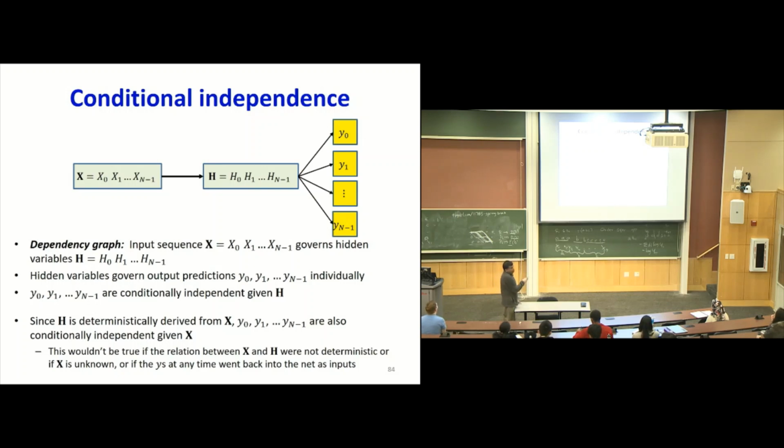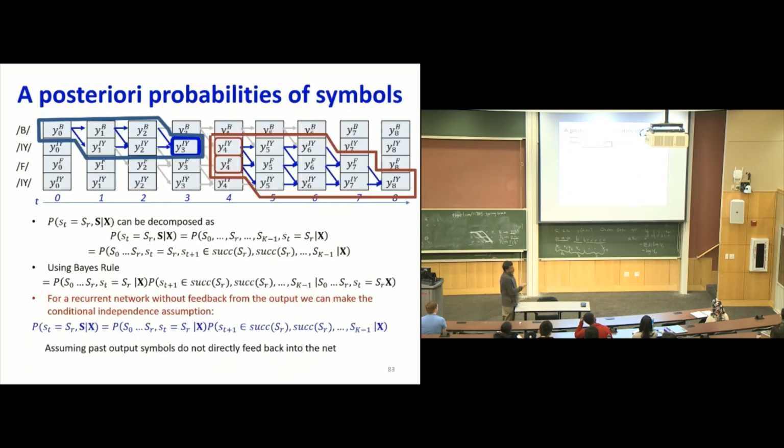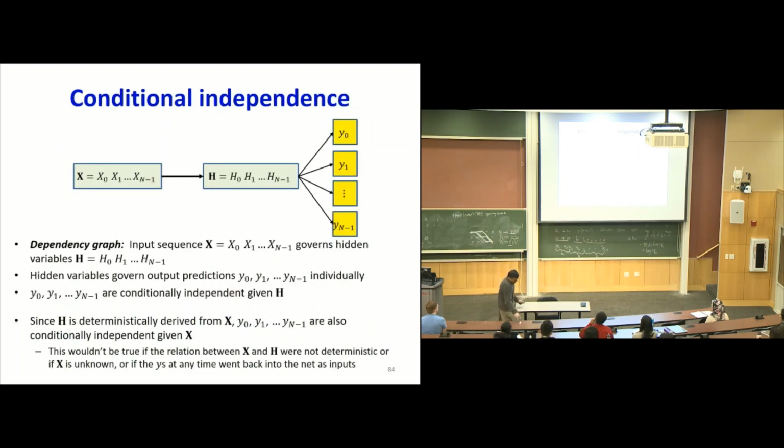The input is used to compute the hidden values. The probabilities computed at each time only depend on the hidden values, and they're not dependent on the probabilities assigned at other times. If I've given you the complete H here, so when you draw the network, the way we actually compute it, you have